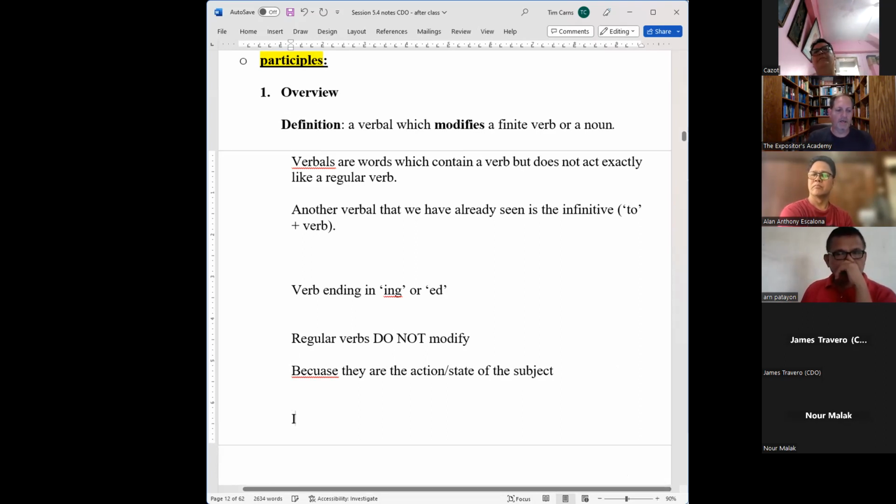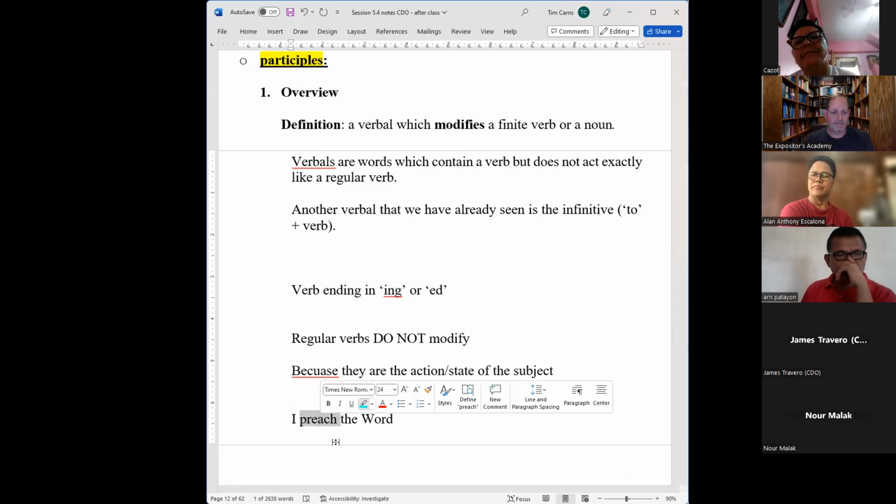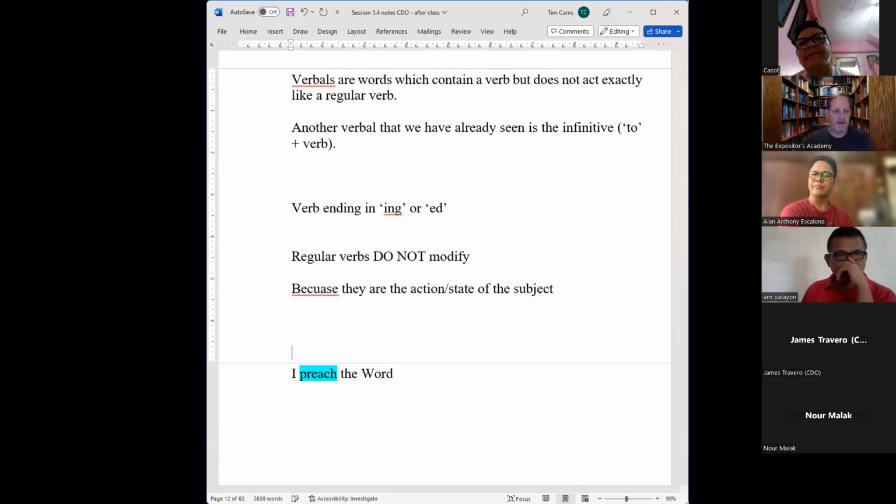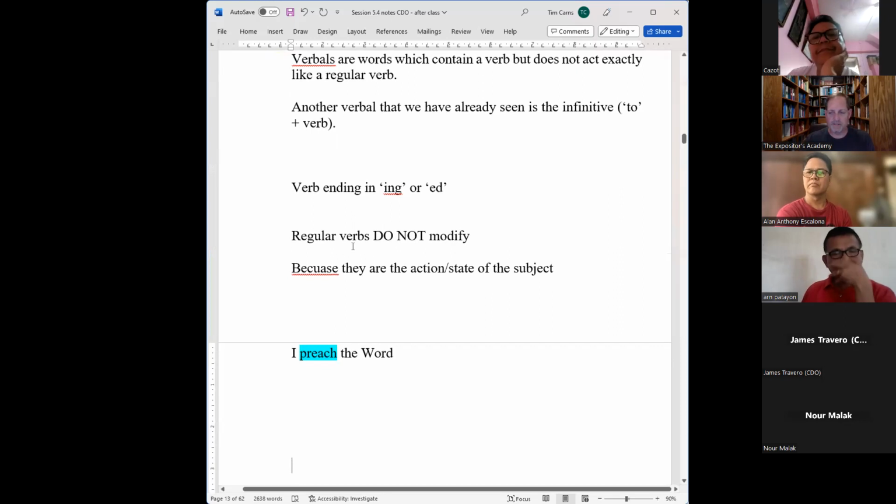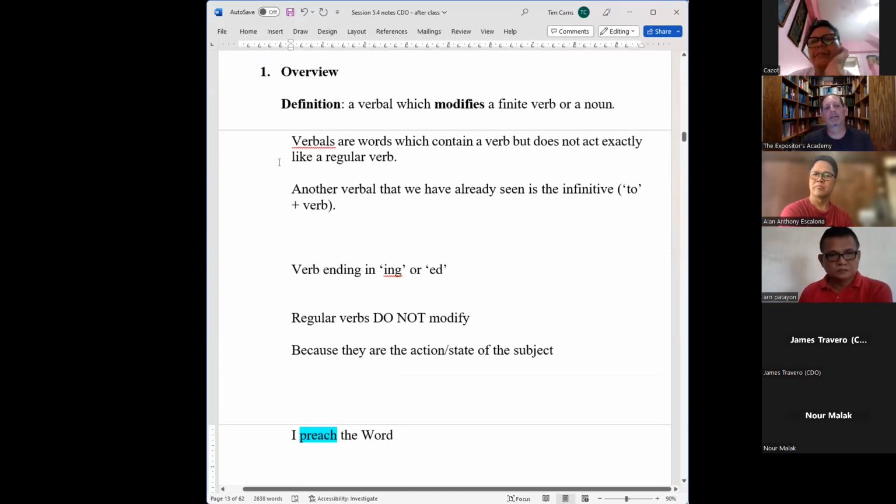So if we say, I preach the word, where's my verb here? Preach, right? Preach doesn't modify. That's the verb. It doesn't modify anything else in the sentence. It is the action of the subject, I. It's stating what I am doing. I preach the word. So a regular verb is not a modifier,